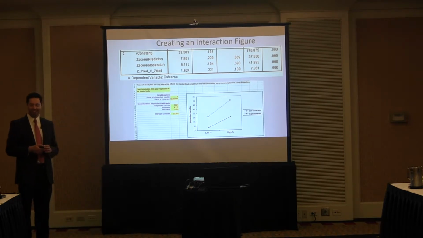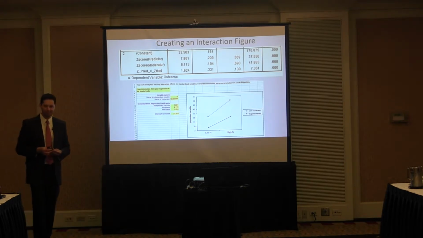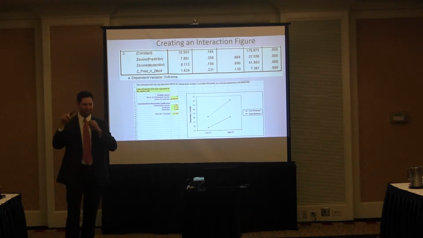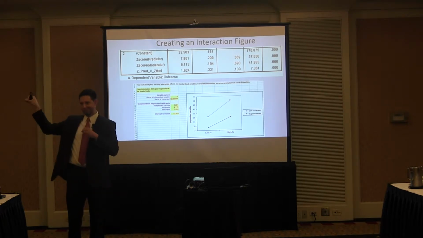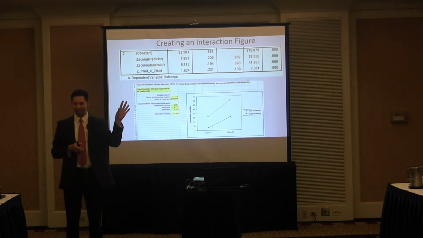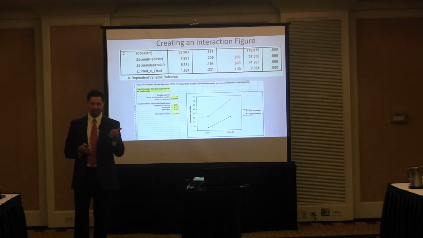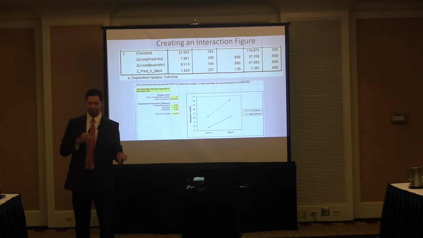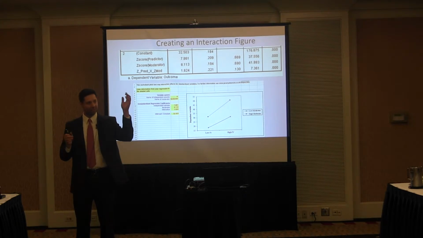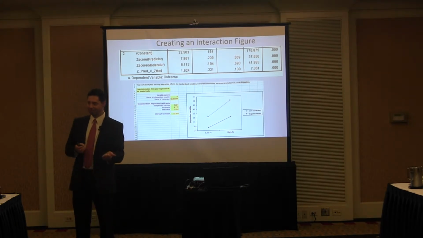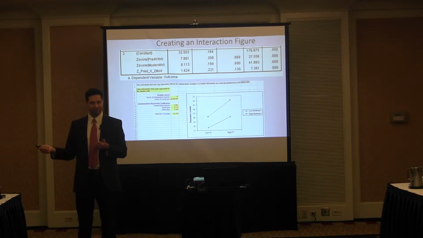Congratulations. If I was that fellow and Doxin was asking me how to make an interaction figure, this is what I would have told that person. Here's an easy way to do it. The hard way to do it, does everybody remember the formula for a regression? Y equals beta naught plus beta 1 times x plus beta 2 times x. And you just use the regression equation to predict your moderator and your predictor at one standard deviation below and at one standard deviation above. And you can just manually do it by hand, and you can figure out what the predicted outcome is at one standard deviation low on predictor, at one standard deviation low on moderator.